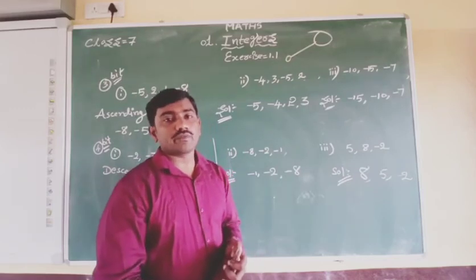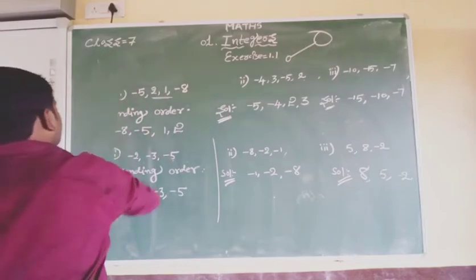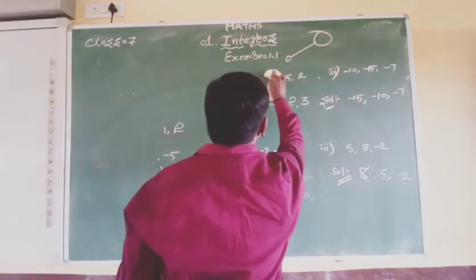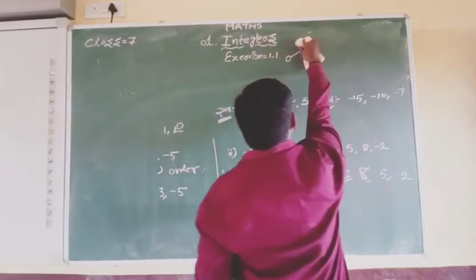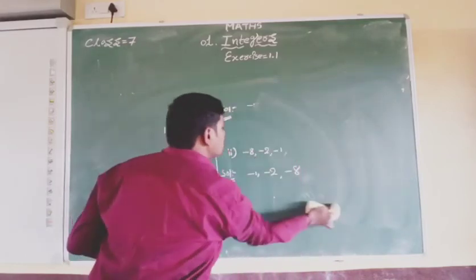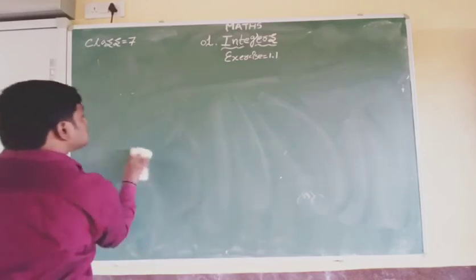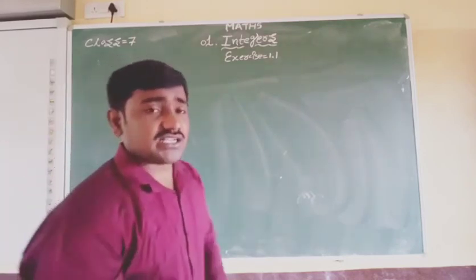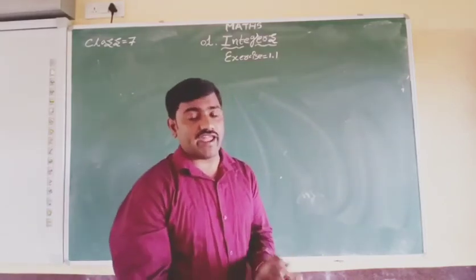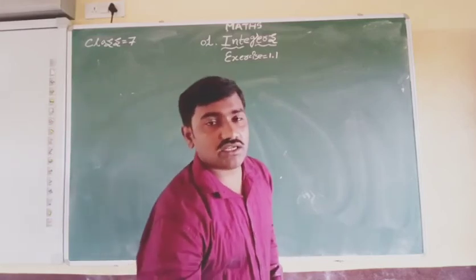I hope you understand now how to arrange the given integers in ascending order or in descending order. Yes, the thing is, you must know how to compare the given integers, which is the smallest one and which is the biggest one. If you know that concept, it is very easy to do this kind of problem. This is just an introduction which you already learned in the 6th class actually. There is nothing in exercise number 1.1. The problem starts from exercise number 1.5 actually. Till the 4th exercise, we have just introductions and basics.